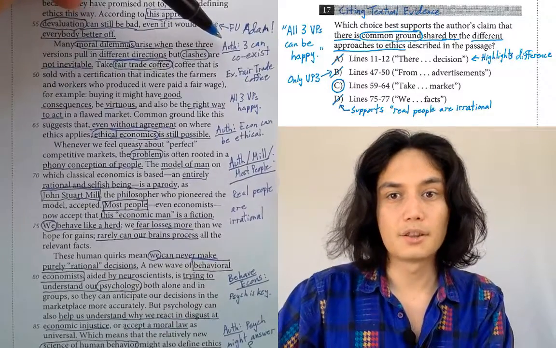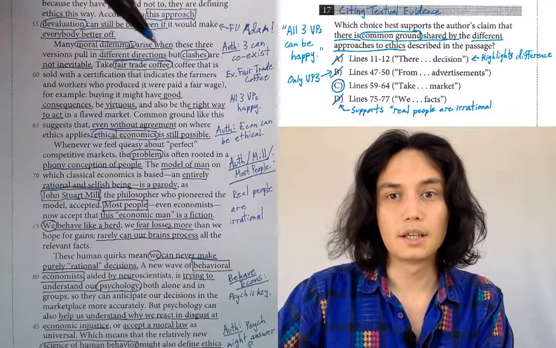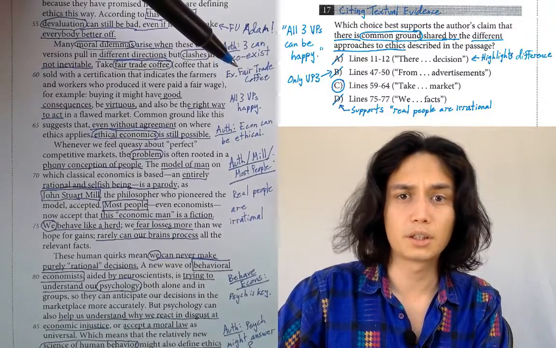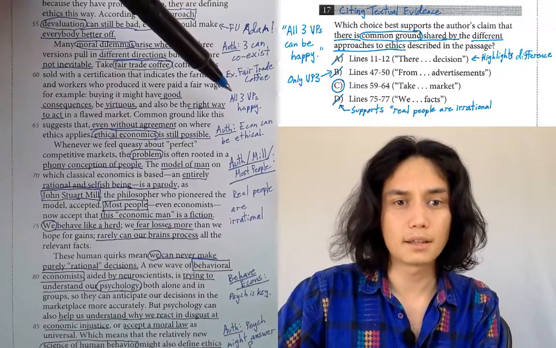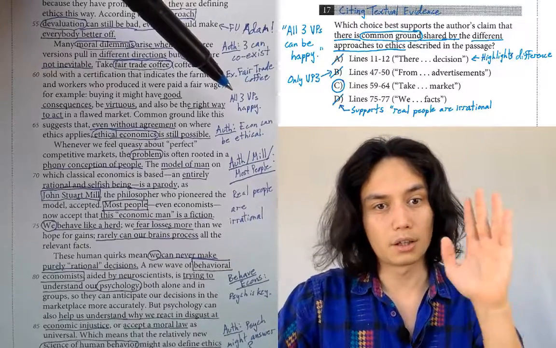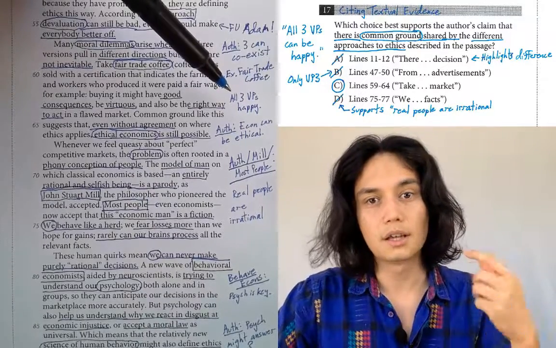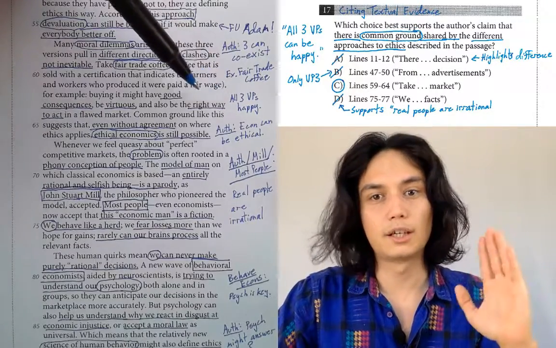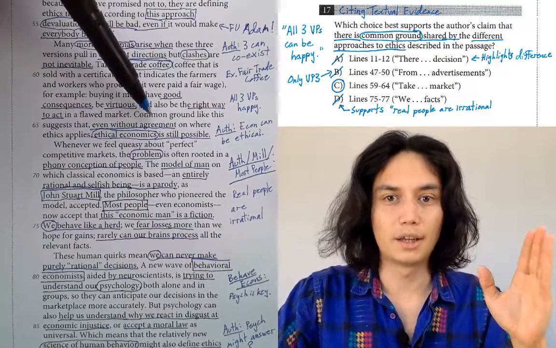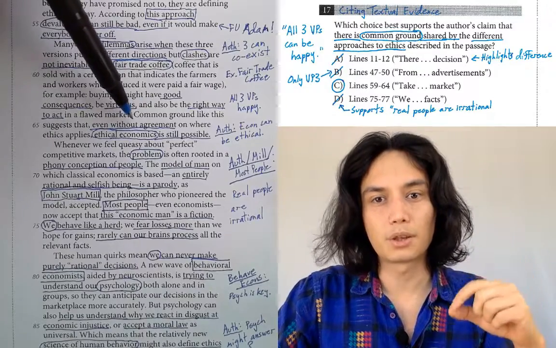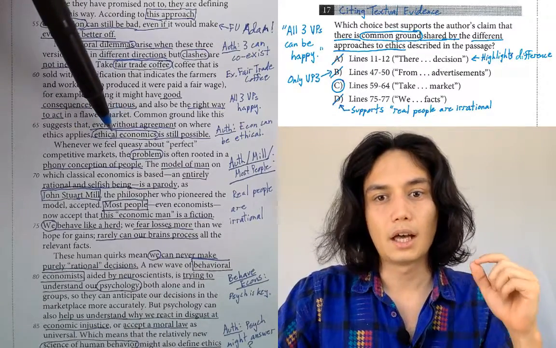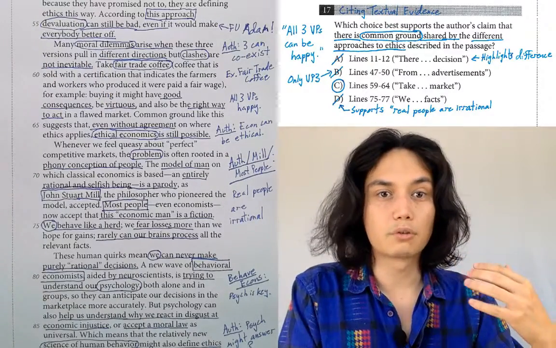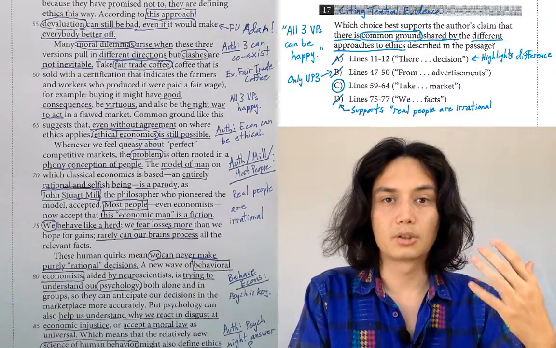The author says these three approaches can coexist in this passage. In this paragraph, he gives an example of fair trade coffee, and the point he's making, the commentary he's making on these three approaches is that there are situations where all three of them can be happy. And then straight up he says, common ground like this suggests that even without agreement on where ethics applies, ethical economics is still possible. Now, it might be that you literally remember the words common ground,